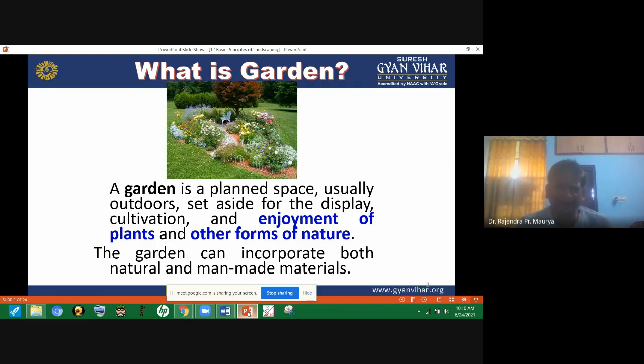Plants include trees, shrubs, vines and climbers, annuals, herbaceous plants, cacti and succulents, and also some ground covers, etc. Other forms of nature, if we are considering the natural ones, may be mountains, rocks, or a natural lake or pond, etc. So the garden can incorporate both natural and man-made materials.